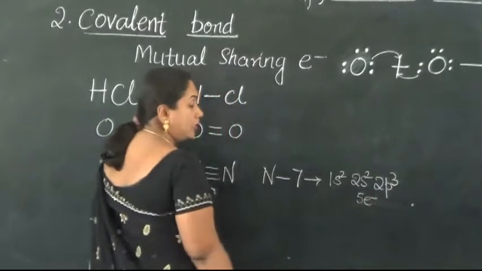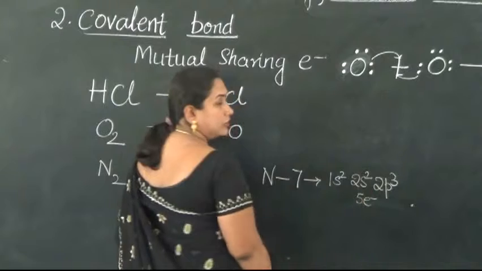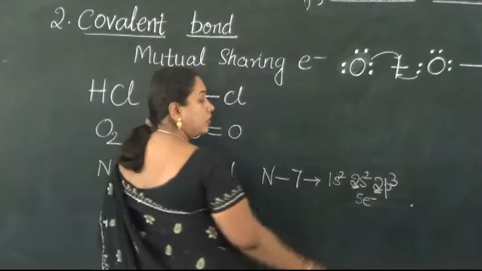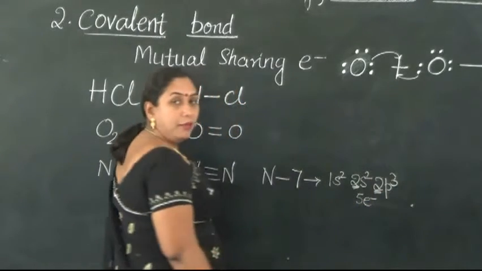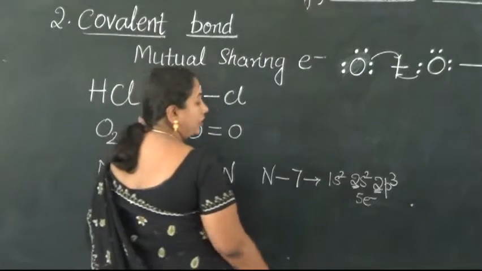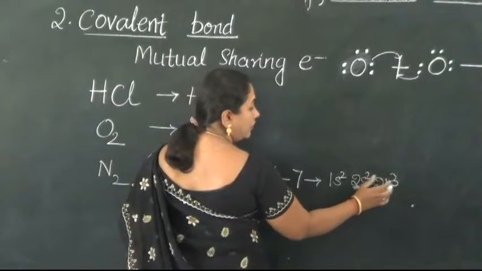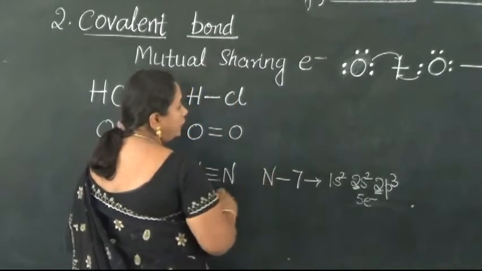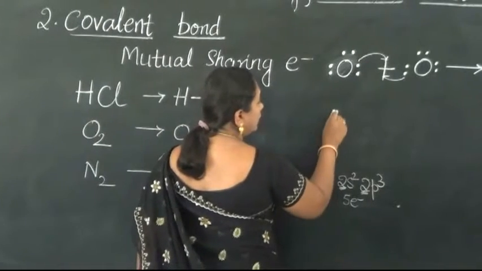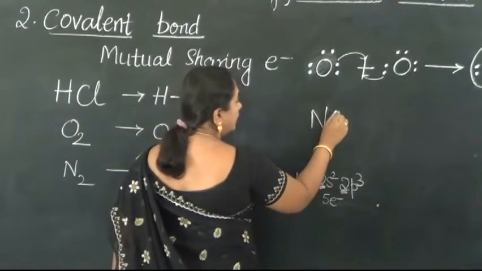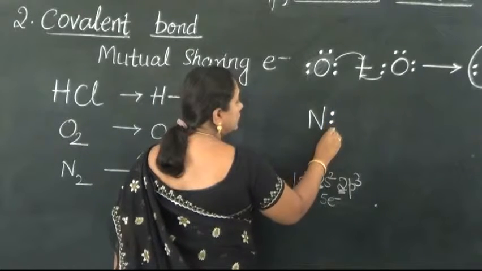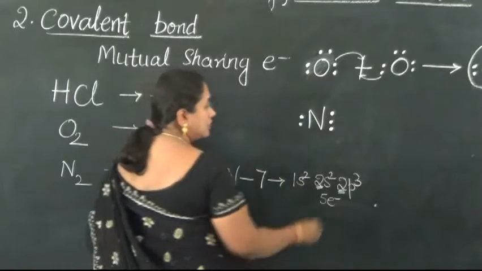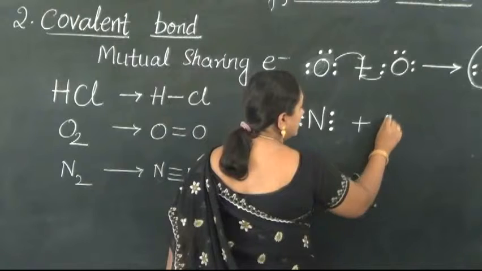Often students make the mistake of looking only at the last orbital and the electrons in it. You also need to look at which shell it is, not only the final orbital of p and then telling the number as 3. So be very cautious about it. It's not 3 electrons. The atom of nitrogen is containing 5 valence electrons. So if you have to represent that in Lewis electron dot structure, around the atom of nitrogen we need to place 5 electrons.